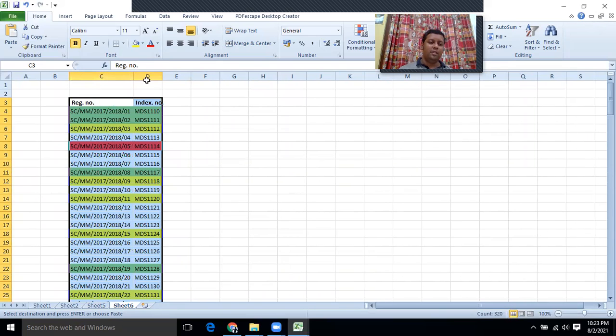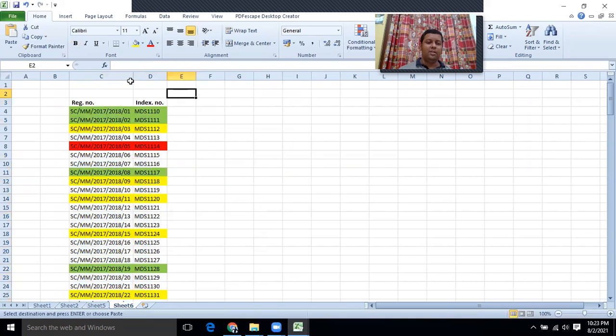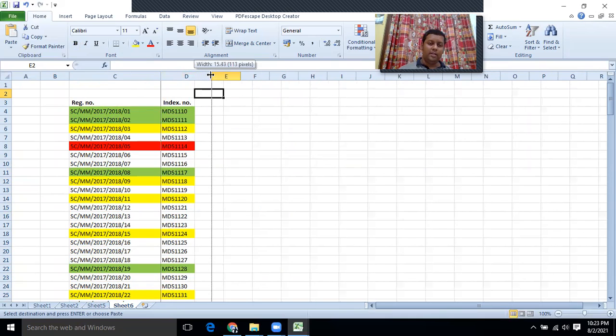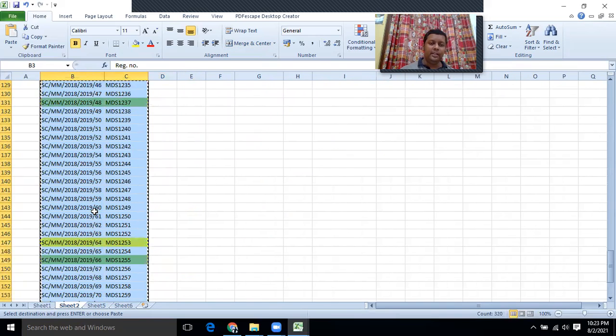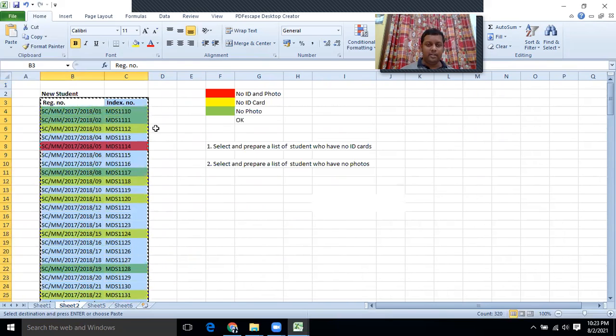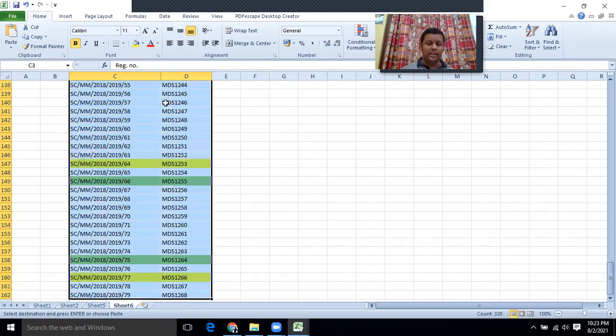Right. And we can adjust the column width by double clicking here. We can adjust to the best fit column width, or we can make the size larger. Okay, now I want to select the students who don't have the identity card. I think yes, who don't have ID card. Yes, okay, identity card. That means yellow. Then again, I'll go there and select the whole data set and then go to sort and filter